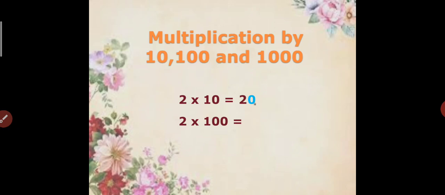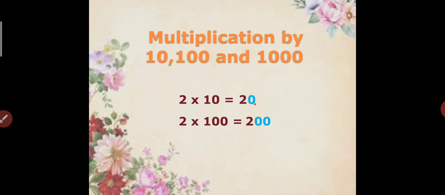Next is 2 into 100. Instead of 10, we are going to multiply with the number 100. That is also the same. Write the multiplicand 2. Same multiplicand we have written. And in the multiplier, how many zeros are there? Write the same number of zeros just after the 2. That only the answer comes. In the multiplier, we have 2 zeros, that is of 100. Add both the zeros just after 2. So you got the answer 200.